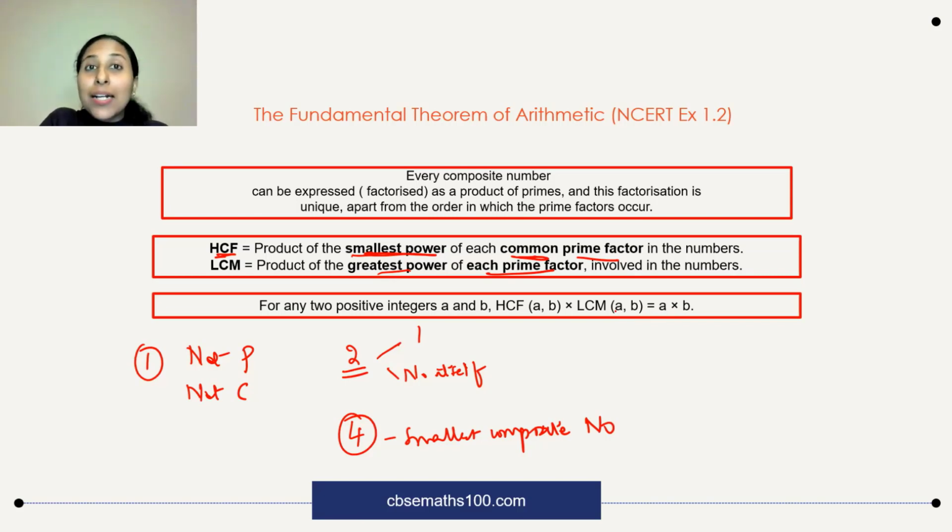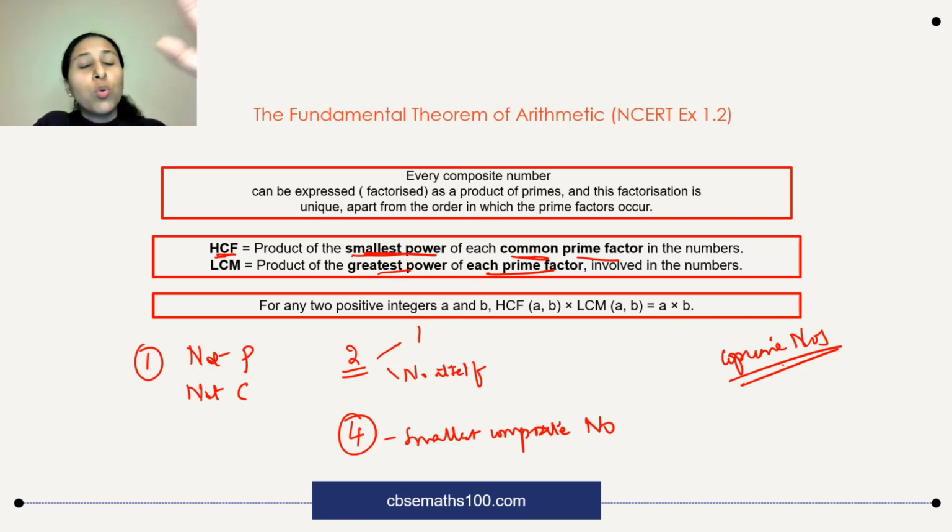Always remember, a factor is a number which divides something else. A multiple is a number which can be divided. All right. So these words are a little important. You also need to understand the meaning of co-prime numbers in this context. What are co-prime numbers? Co-prime numbers are two natural numbers whose highest common factor is 1. The highest common factor of two co-prime numbers is 1. For example, you could have numbers like 4 and 9. You could have numbers like 12 and 13. Okay, so these are all co-prime numbers because their highest common factor is 1.